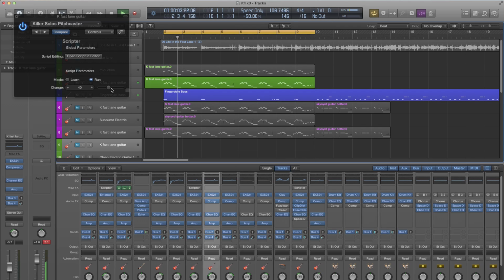We can actually grab this slider. This is the percentage of notes that are changed. If we slide it down to 0, guess what? Zero percent of the notes are being changed. If we slide it up to 100%,